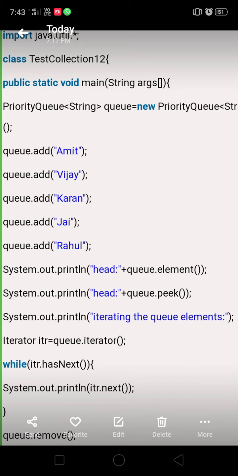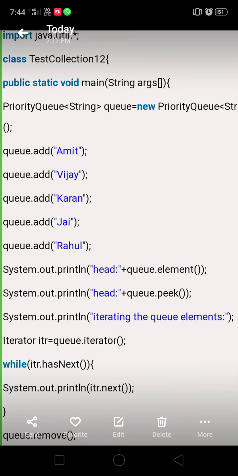The collection name we are going to create is q, with small letters. q.add("Amit"): we are invoking the add method through the object q, and it adds the element given as the parameter to the collection. So Amit, Vijay, Karan, Jay, Rahul are the elements we are going to store in the collection.